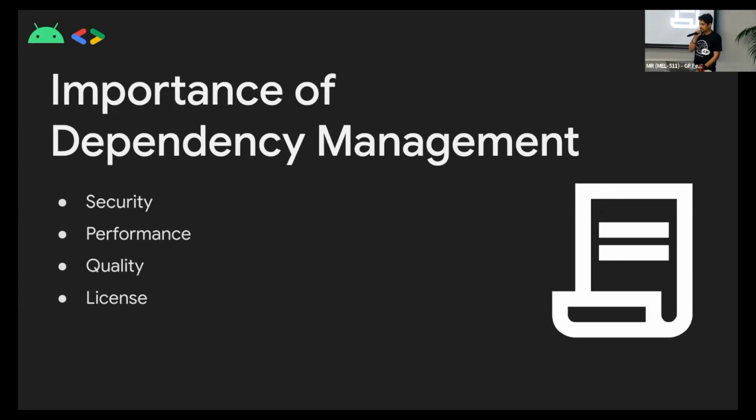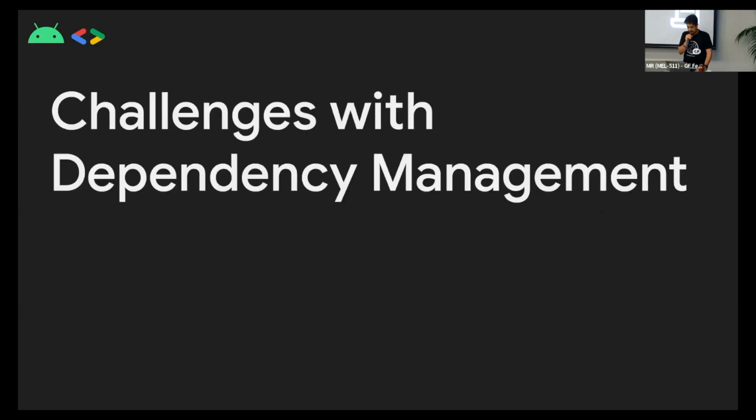All these dependencies, especially the open source ones, come with various kinds of libraries, and you need to consider the implications and the consequences of including those projects in your own project, and then see in unison how it works out well for your project. There are challenges with dependency management,